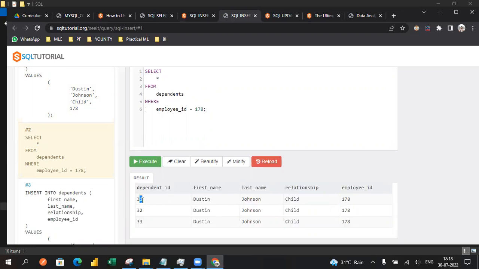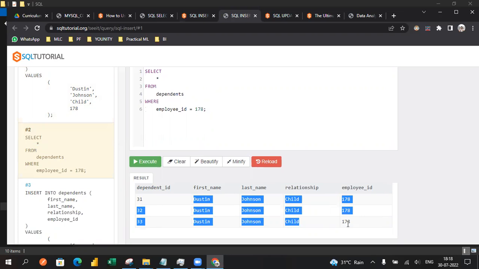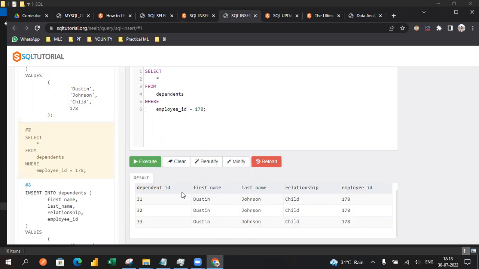You can see this must be unique. Dependent ID is unique because this is the key, right? So it must be unique. But all the other columns have some duplicate nature, but that is fine. Just for simplicity to understand, dependent ID must be unique. So this is how you conclude and insert some of the values